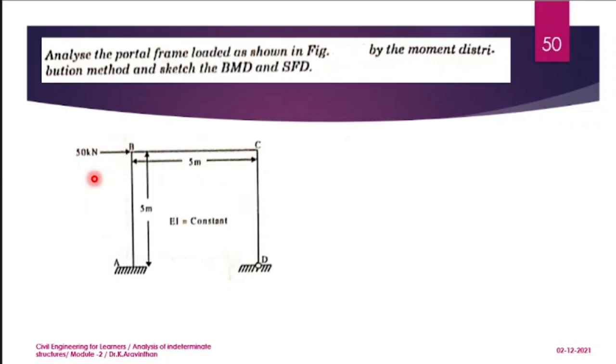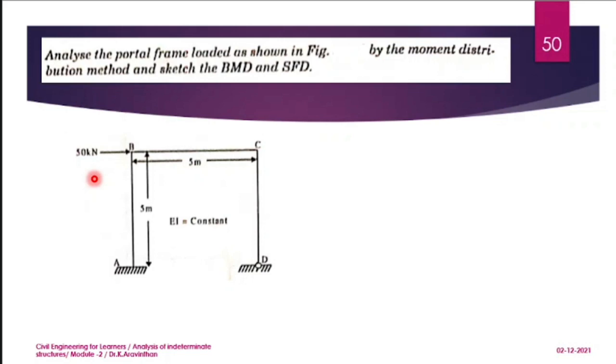And what is added in a side sway analysis is, first you have to find the sway force. In the moment distribution method you assume the sway force and do the moment distribution, that is the non-sway analysis. And next you have to do the sway analysis. So two times you will be making the moment distribution calculation. This is the difference between conventional moment distribution solving and the sway oriented problem.